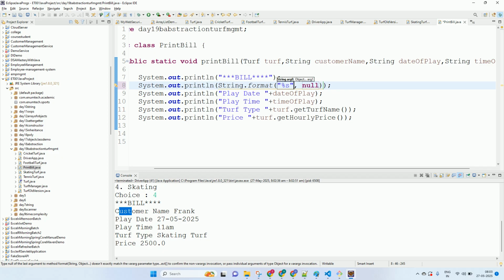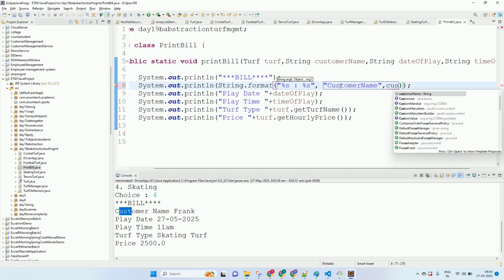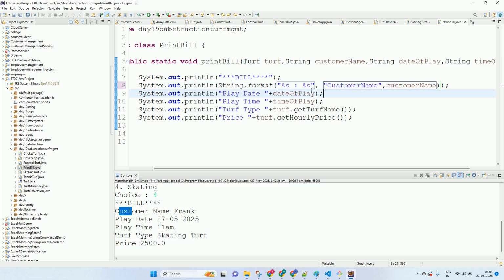Percentage s colon and then percentage s, and here what will I display? Customer name as my first attribute, and second attribute will be what? The variable customer name, correct. And now I want to align this towards the left, so I'll say minus 15, and I want to align this towards the right, so I'll say 15. Yes or no? So if you want any changes in the display,